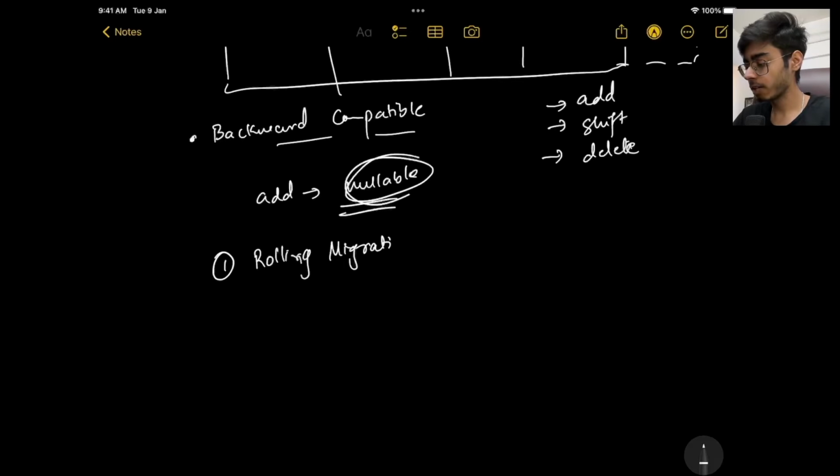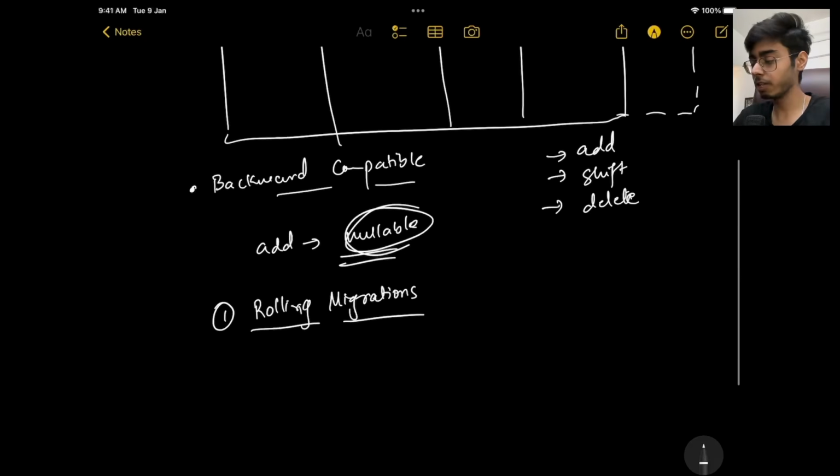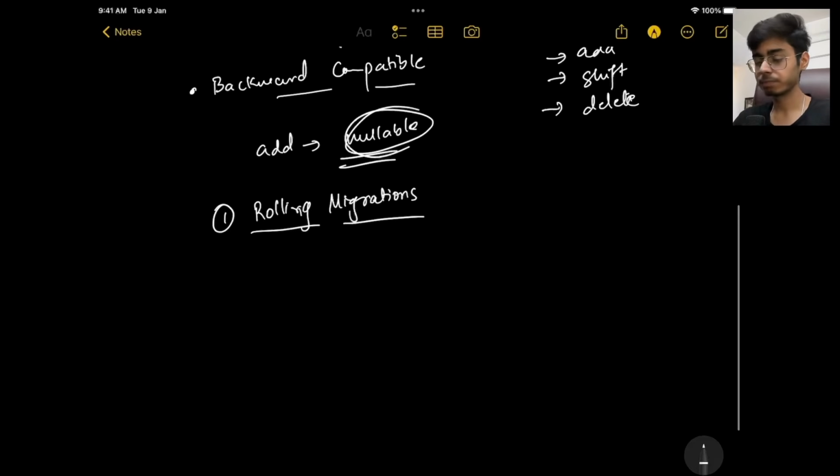Basically you are running migrations in a rolling format. You're not migrating the whole system or SQL table all at once. You are just making the changes in a rolling format. So yeah, I think this much is enough. But yes, I have given the answer on a very high level. You have to go deeper into this migrations thing because this is a whole separate topic in itself.